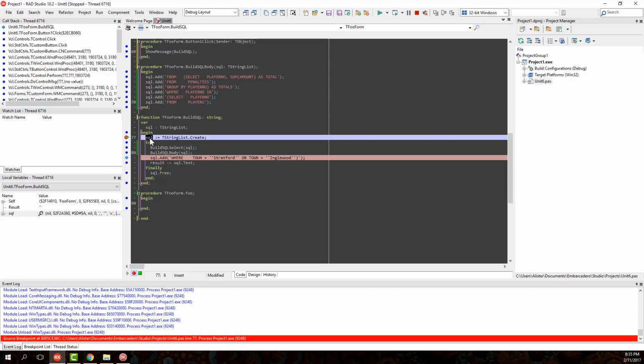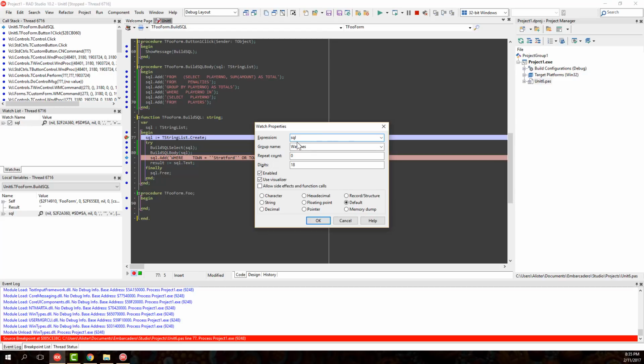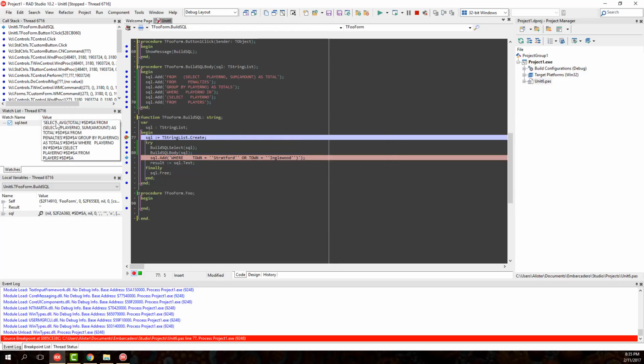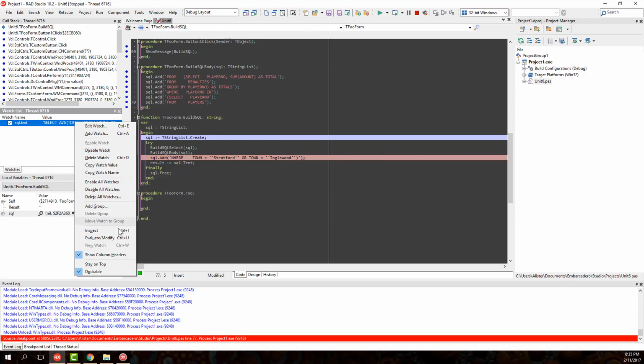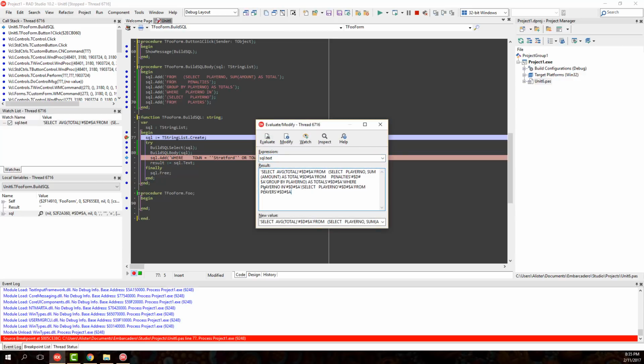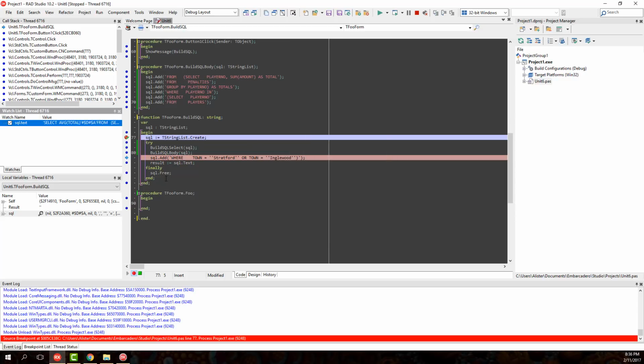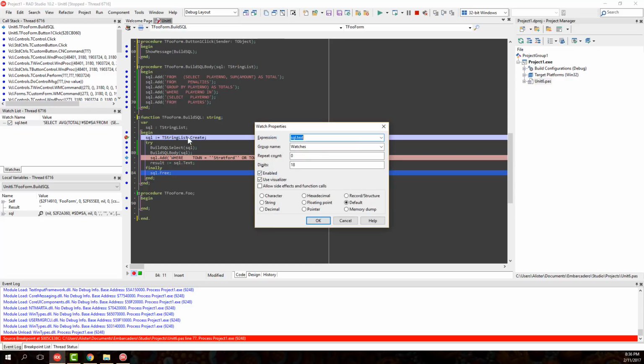I could also throw that in the watch list, have a look at the SQL.Text, and if we wanted to preserve a copy of that, we could go Evaluate/Modify and copy this and paste it directly into Delphi. But if you wanted to use it elsewhere, or if it was really huge, and all sorts of number of complications, we're about to lose it when we hit that Free there, lost forever potentially. So we can do a little bit of a hack